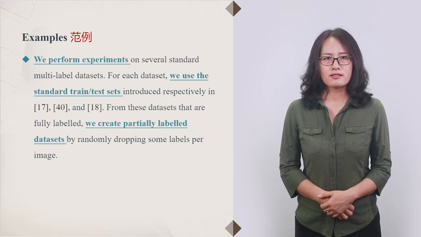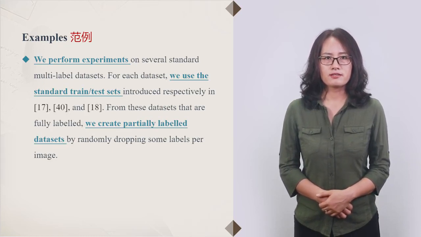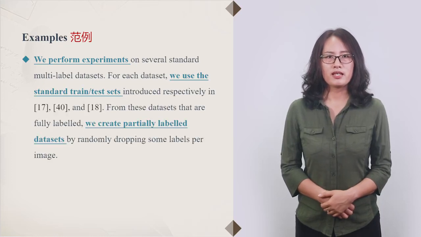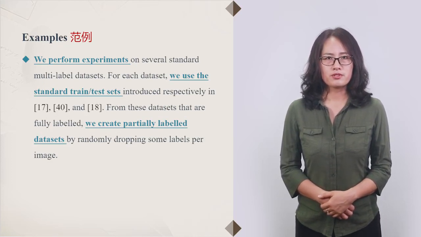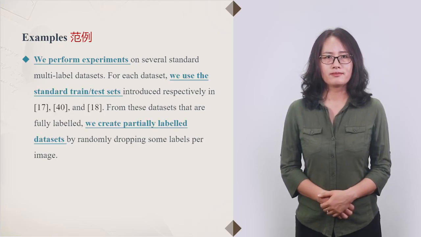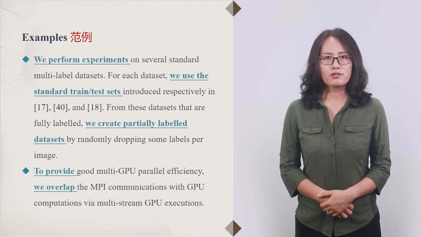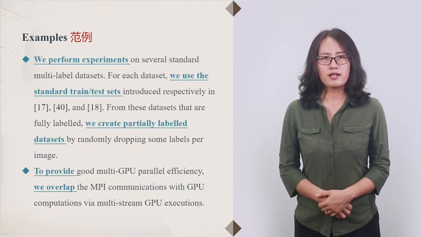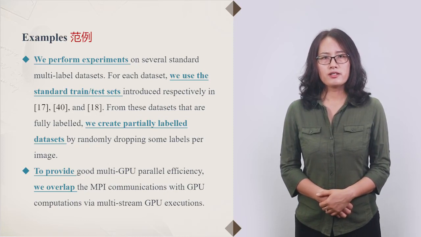From these datasets that are fully labeled, we create partially labeled datasets by randomly dropping some labels per image. 句中划线部分的动词 perform, use, create 说明了我们的研究实施过程。我们来看第二个例子。To provide good multi-GPU parallel efficiency, we overlap the MPI communications with GPU computations via multi-stream